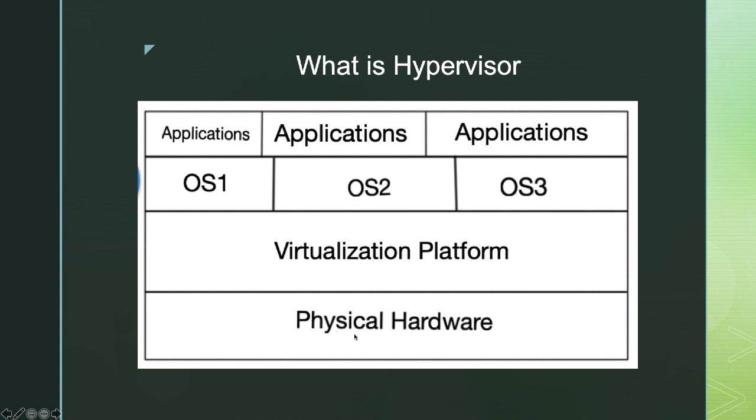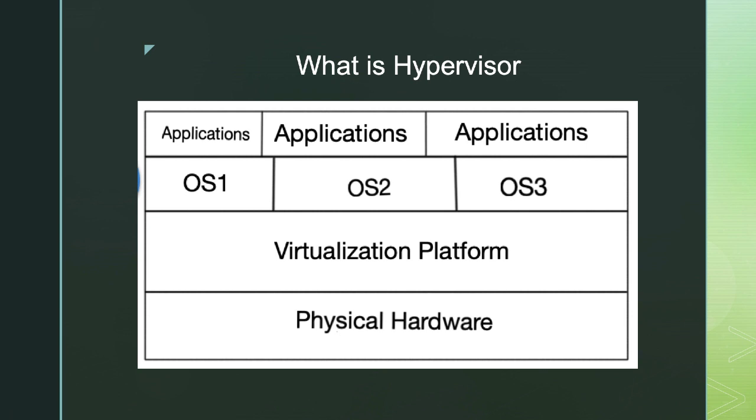That's how it works. However, if this being the norm, then the guest machine or the virtual platform will not work. So if you want to have additional operating systems, like instead of OS 1 you want to have a couple more, like OS 2 and OS 3, it has to go through some other platform, some other medium, and that medium is a virtualization platform, or this is the hypervisor. This is the hypervisor core. So your operating system talks to the hypervisor, and then the hypervisor talks to the physical hardware.